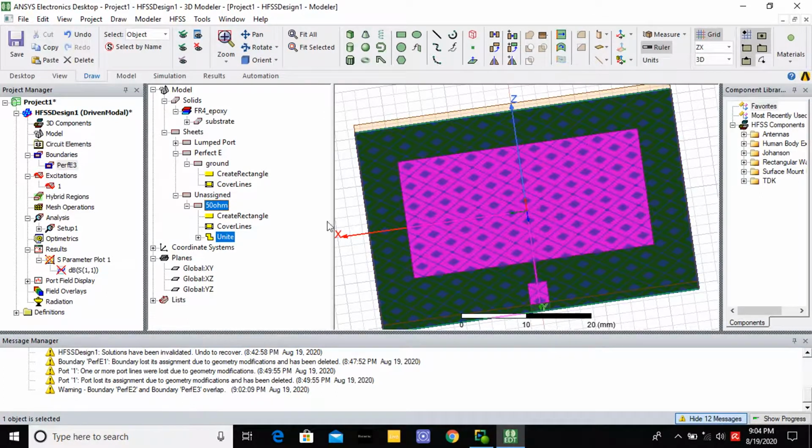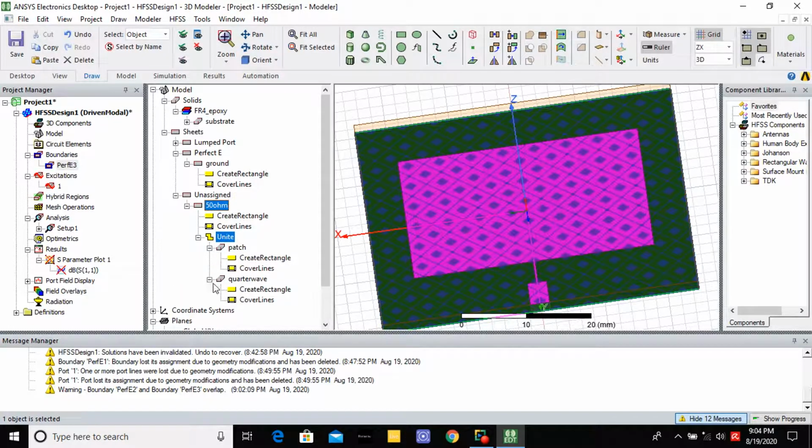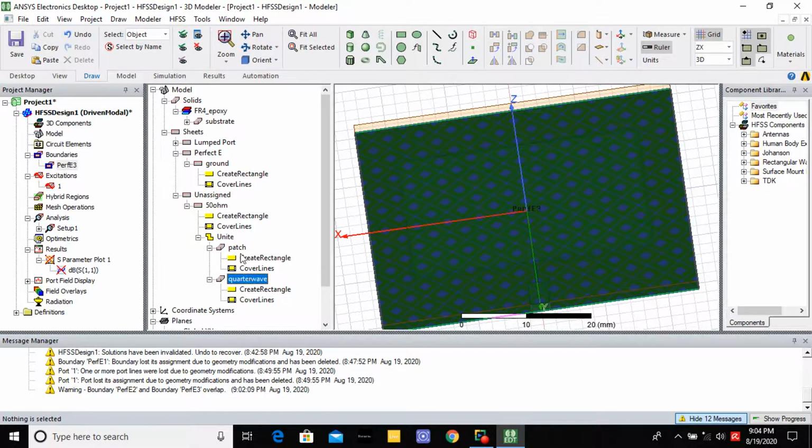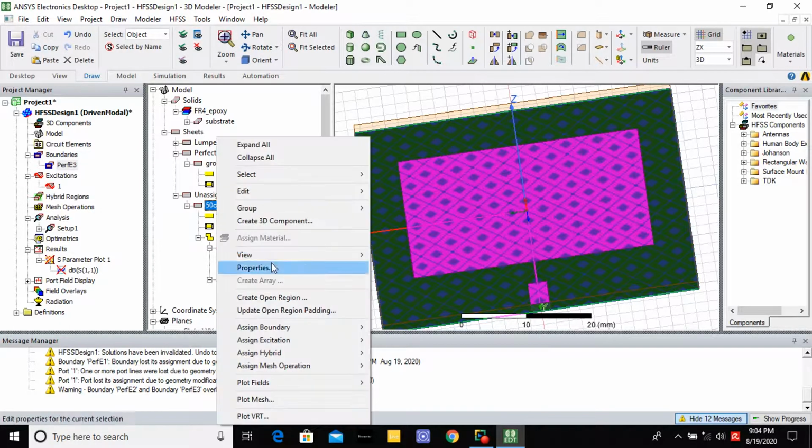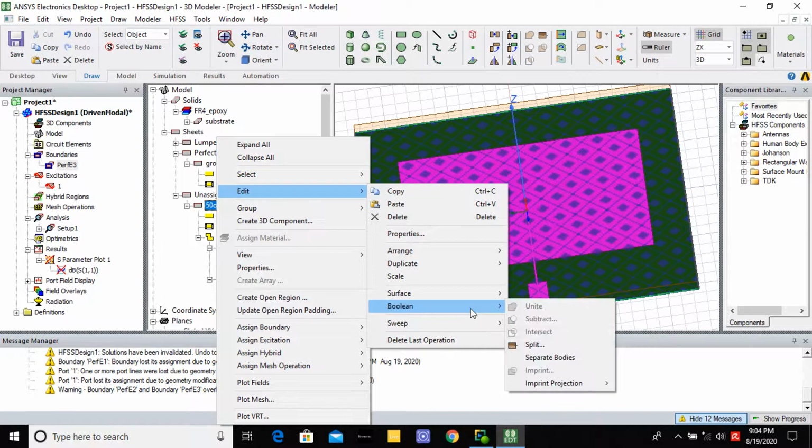Okay, see here patch, quarter wave transformer, the next one is the 50 ohm transmission line. Here this one is not assigned. You select patch and 50 ohm transmission line, patch, quarter wave transformer, you give edit boolean.